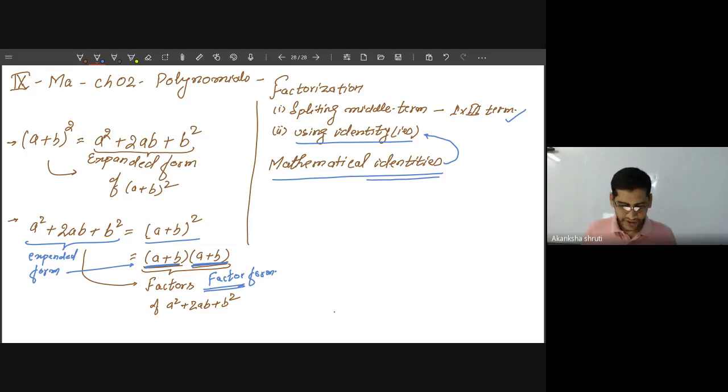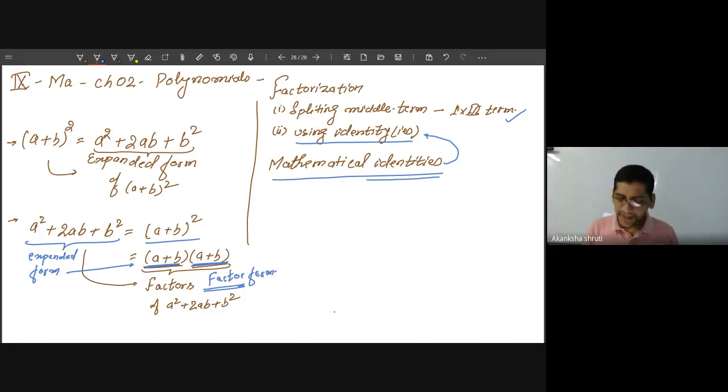For that, we have to first list down what the various identities are. So I will first write what the various identities are. Though you might have learned these identities in your earlier class, in today's class we will prove these identities and we will use them for factorization. At the same time, these identities may be used